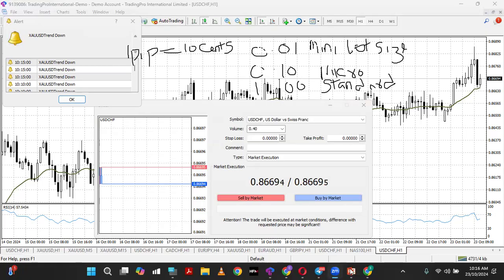Let's just continue while the system tries to set itself up. So now we understand what 1 pip is. When you're using a mini lot size, 1 pip is equal to 10 cents. When you're using a micro lot size, which is 0.01,